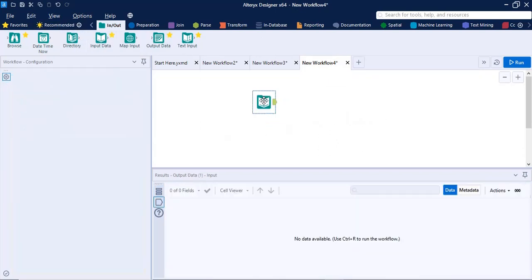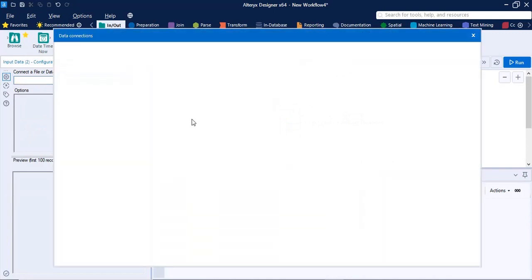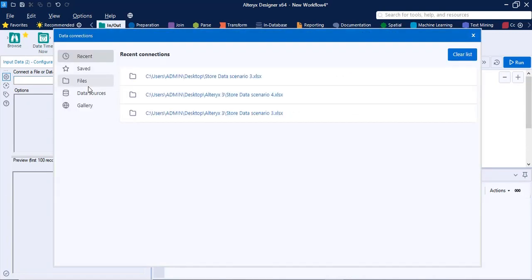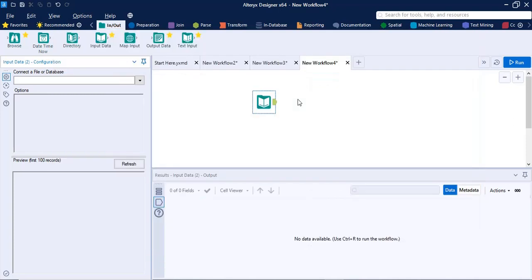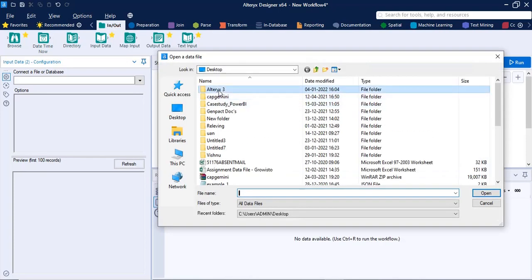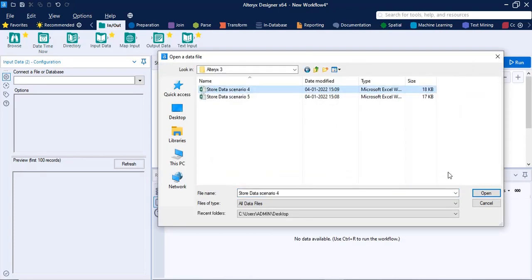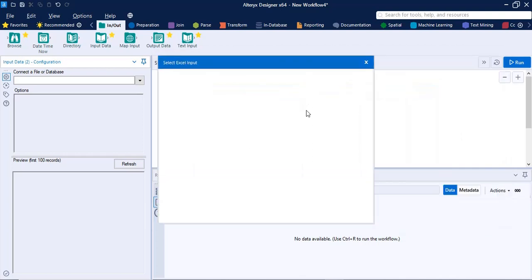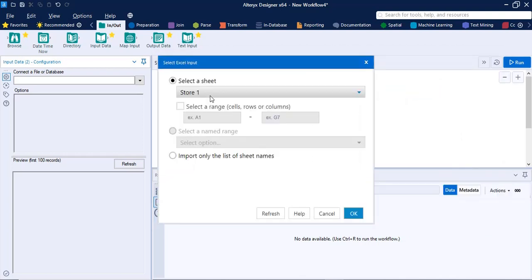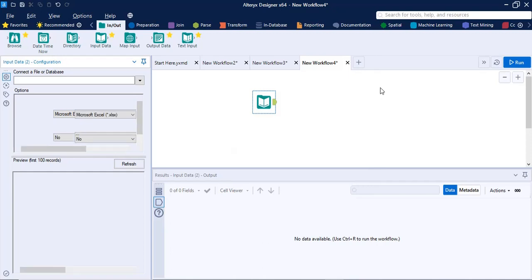Here I need to build a connection. In scenario 4 I need to pick any one sheet. I'm picking sheet 1.